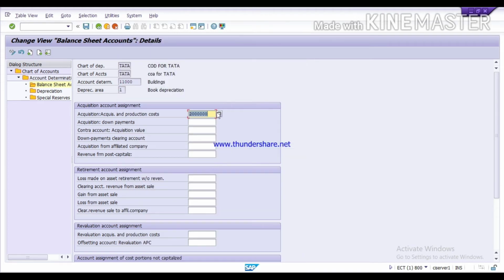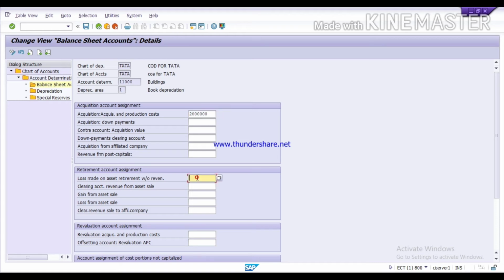So we have assigned this gross block GL here, and in the second column you will get the retirement account assignment. Here you need to assign the retirement GLs which we have created for a building. This we have created for all assets. So first is loss made on asset retirement.